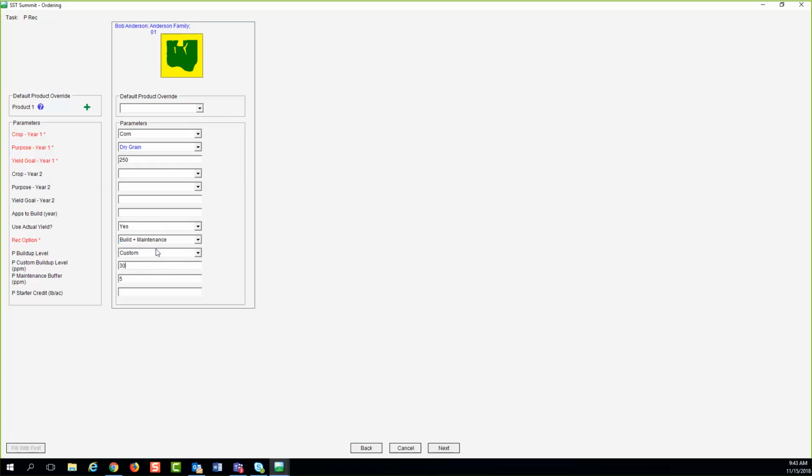So in this case, we customized it and we pushed it up 5 units. So it's going to do the up to optimum of 30, and then the cutoff would be the buffer of 5. So it's going to go up to 35. So from 30 up to 35, it's going to be crop removal, and anything over 35 would not get any fertilizer recommendation at all. So again, you can get pretty aggressive with this for as far as you want to go